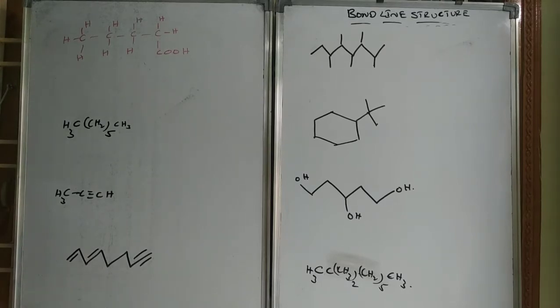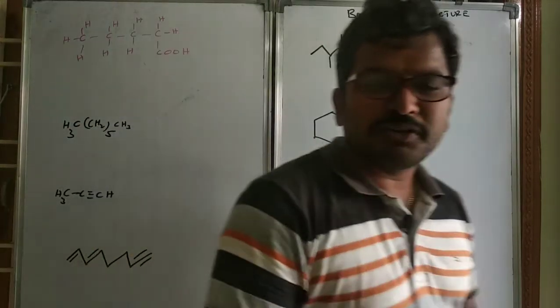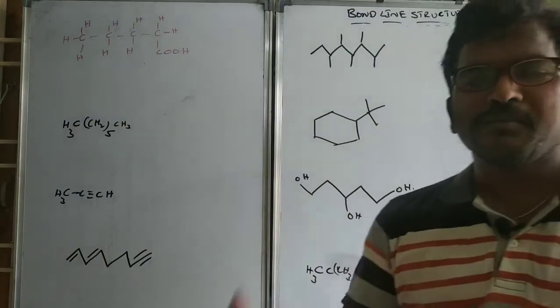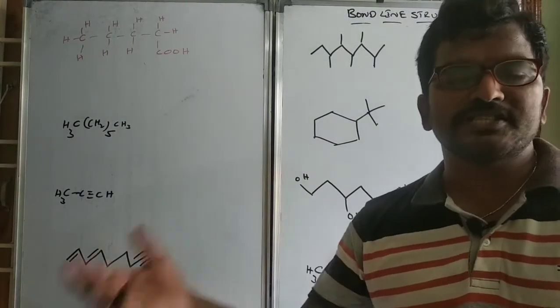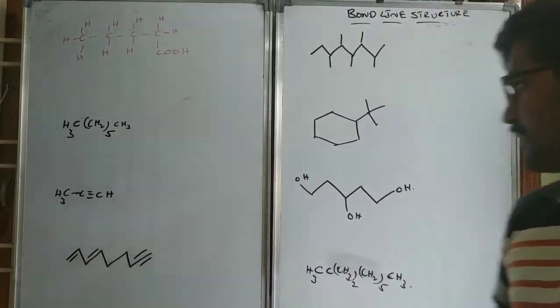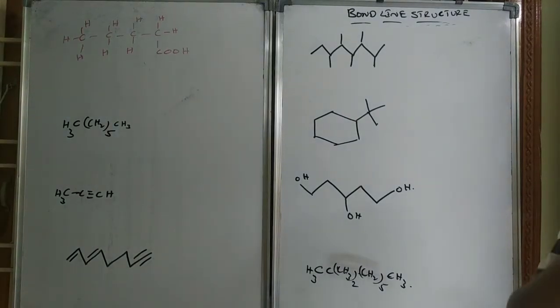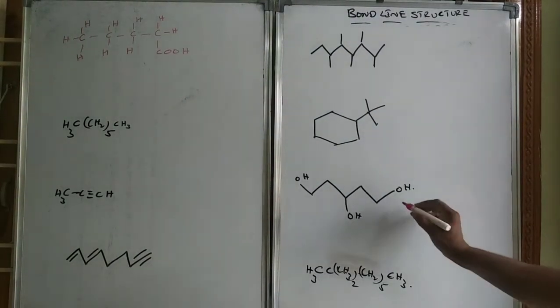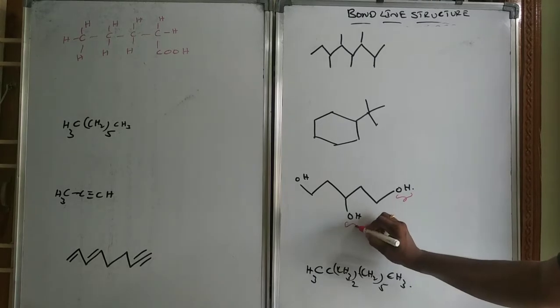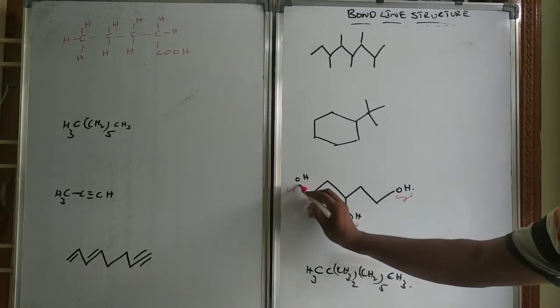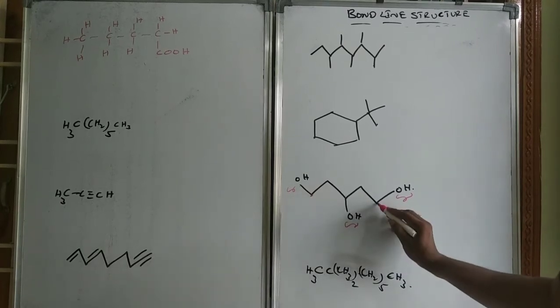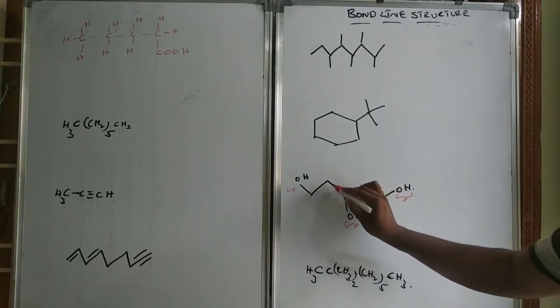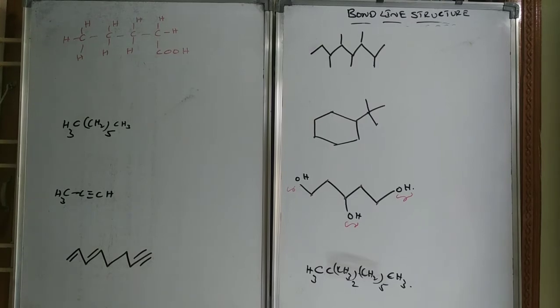So these are the compounds I am giving you. You can even take your NCERT book, and whatever compound you see, you can practice bond line structures and detailed structures for those compounds. Be careful. See, this is a functional group. It is represented as it is. Don't think one carbon will be present here. There will be no carbon. Only here a carbon will be there. Here carbon, here carbon, here carbon, and then here carbon will be present.